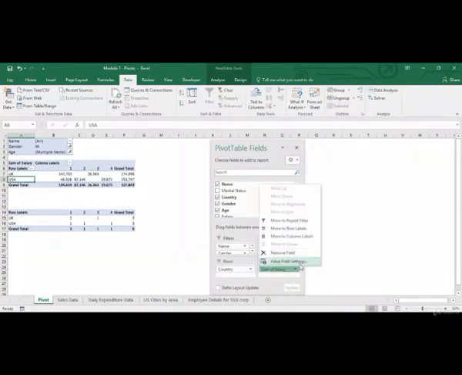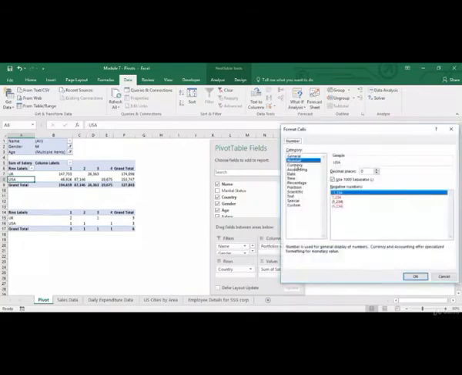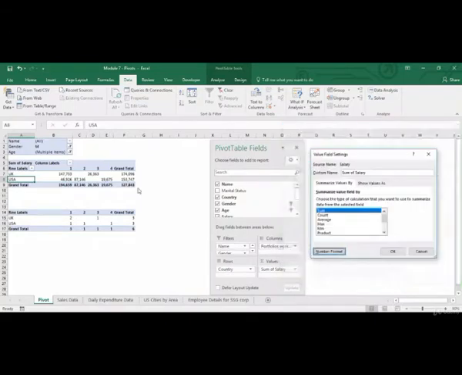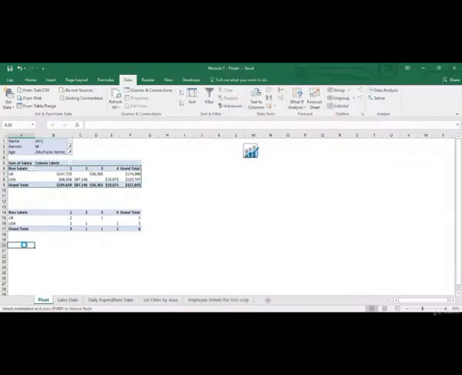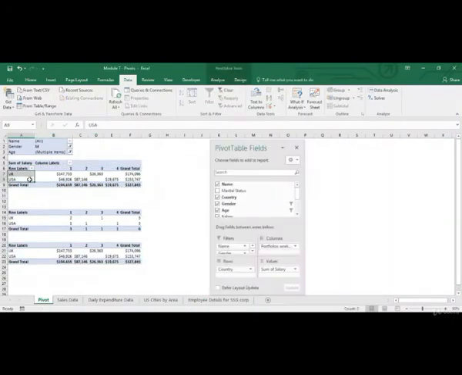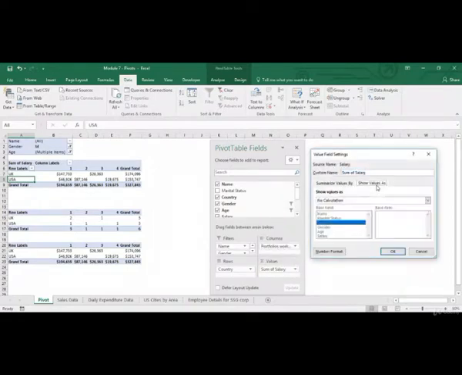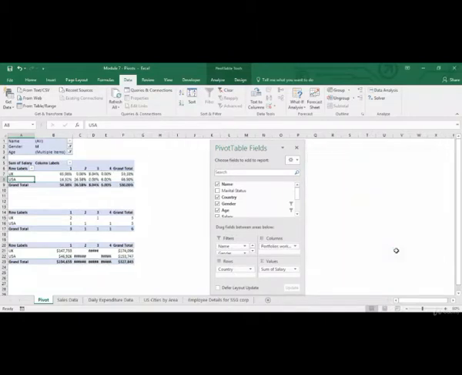Let me just change the format. Currency, dollars. Okay. Now we'll again go back to value field settings. Show values as percent of grand total. Okay.